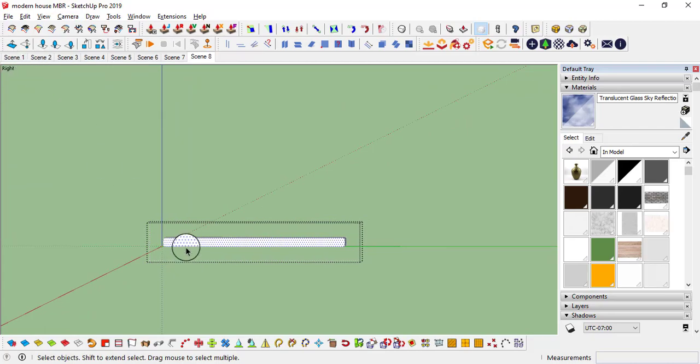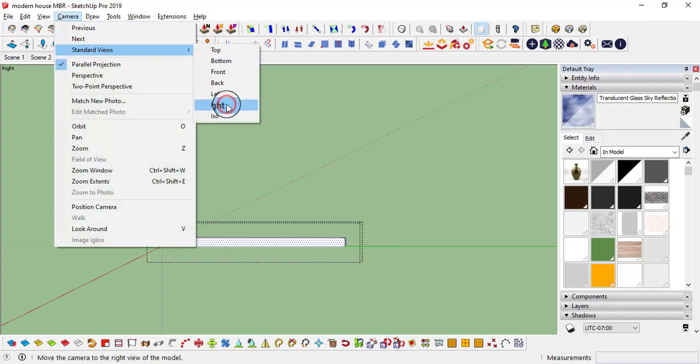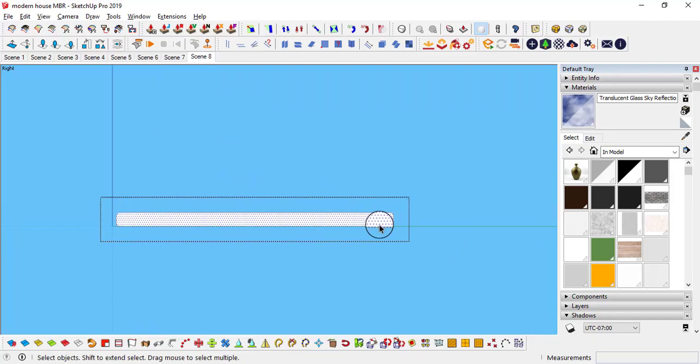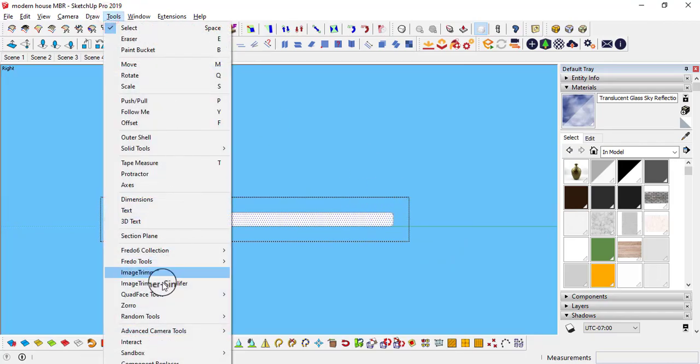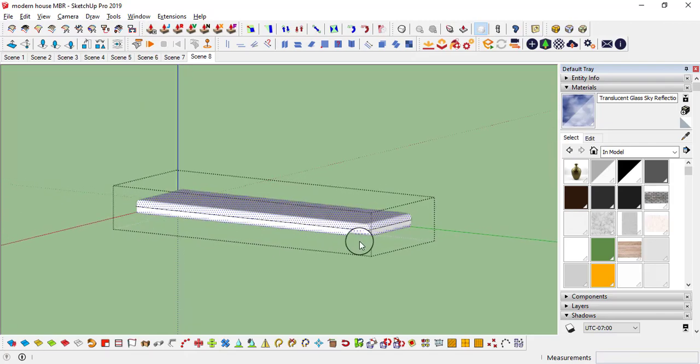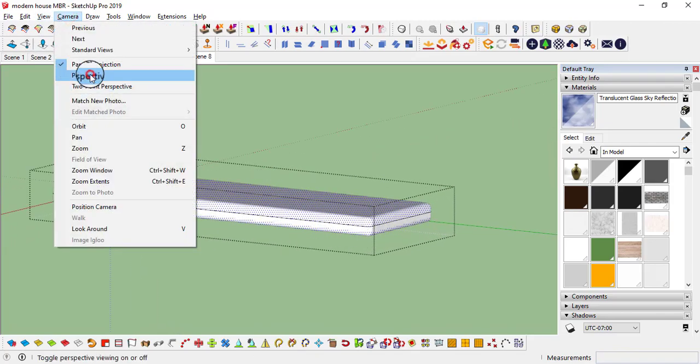Now we are looking at right, so to make it perfect, click on standard views, right click, so right view. On this one I'm going to use the Zorro tool, and on average I'm going to slice it, first click, second click, okay, and perspective.